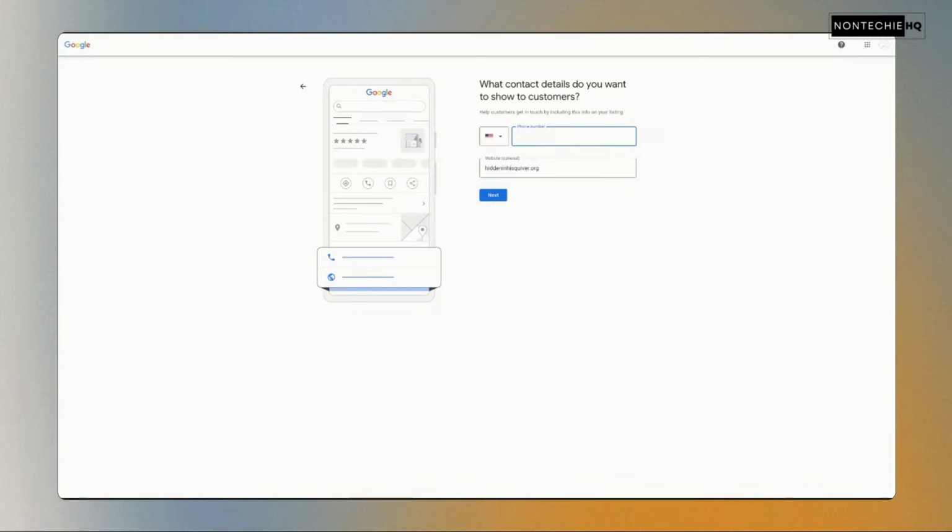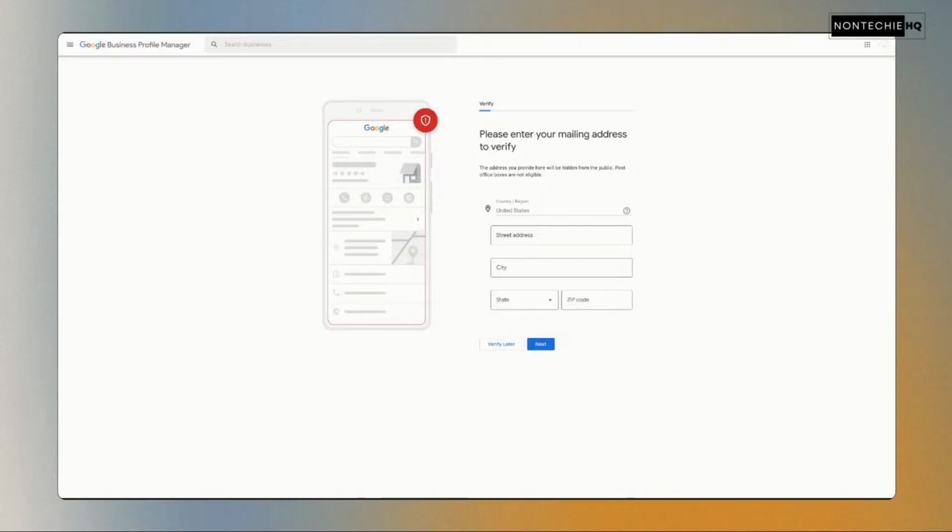Here, I'm going to go ahead and put the phone number in. If you have a phone number, you put that in here. I advise you to have one or the other. You're going to want to have some information. So let me get the phone number and click next now that I have that information.